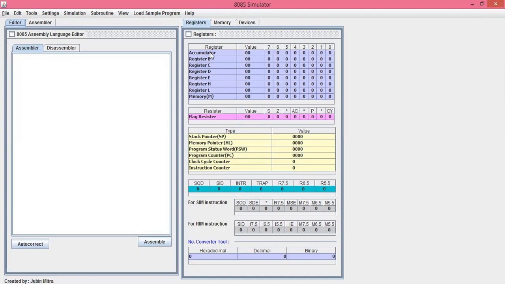ये डिफॉल्ट रजिस्टर होता है जहां बाय डिफॉल्ट हमारी values temporary purpose के लिए store होती हैं. So the accumulator is an 8 bit register. It is a part of ALU and after performing the arithmetical or the logical operation, the result is stored here. Then there are different 6 registers and this is a memory location.